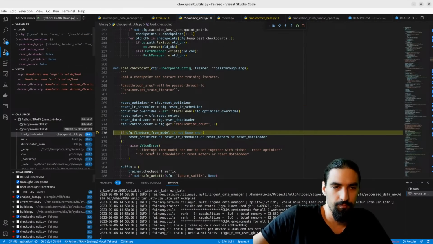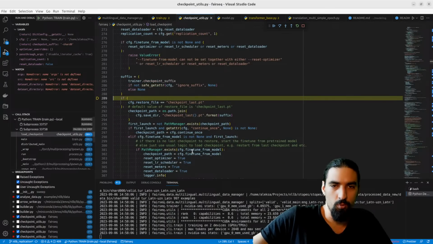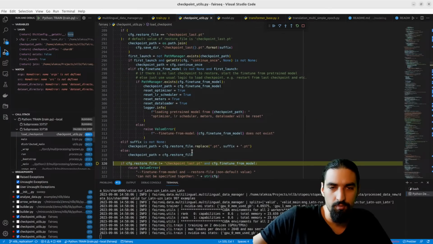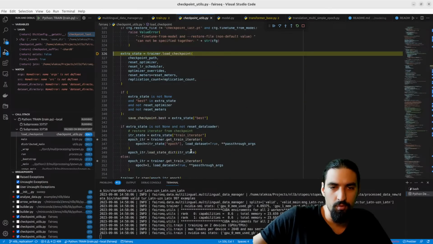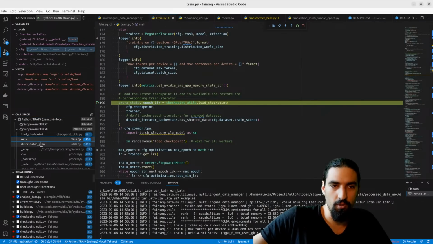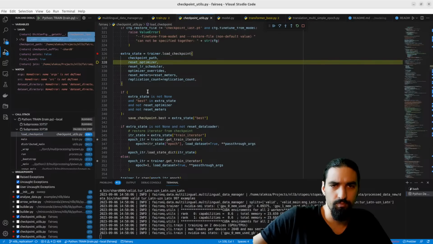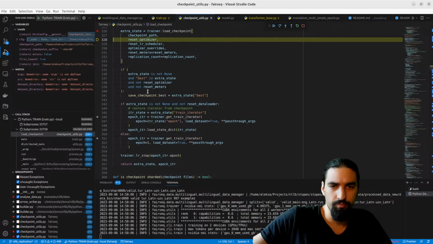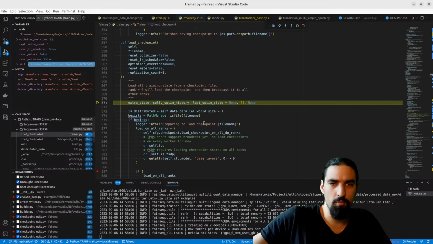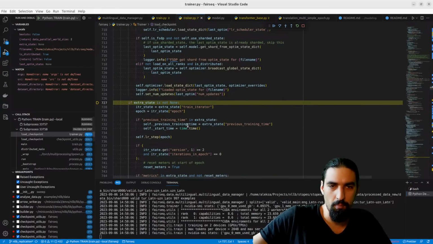F5. Let's find where we call the training iterator. Okay, probably in here. So I could have removed this breakpoint here easily. Inside of this load checkpoint is where we load the data and the model and everything, and like the optimizer.